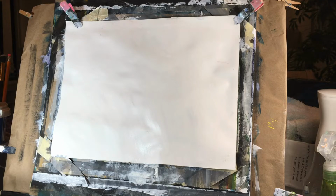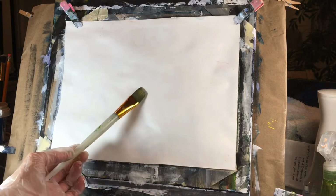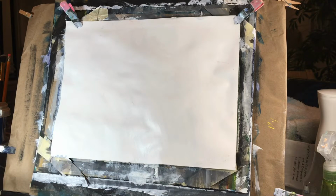Okay. I'm going to use my flat brush, my angle brush. So let's see, that was just sitting on. So I'm going to use my angle brush. It's about a 1-inch angular brush. And what they're doing is taking, I don't know, maybe a stippling brush. I can't really tell. But go ahead and wet your brush, dab it in some water, tap off the excess drips, grab some of that titanium white, and we're just going to come in from this side and kind of